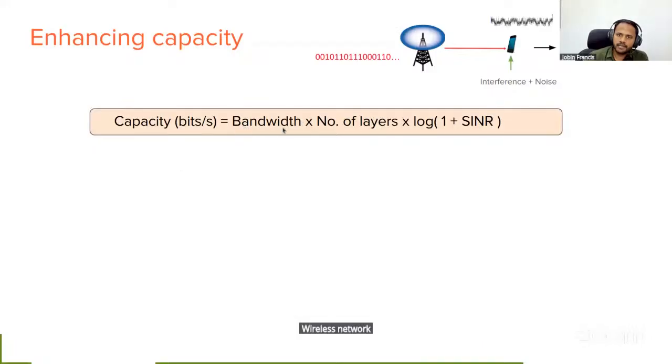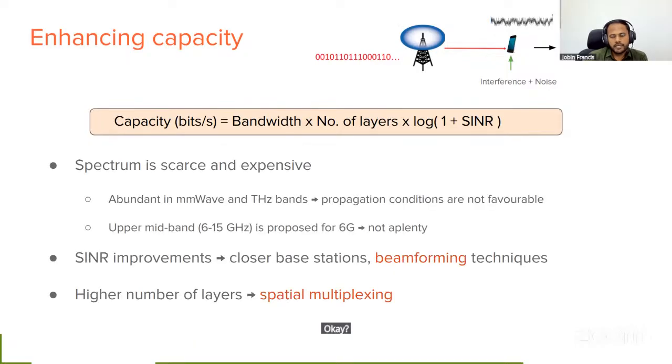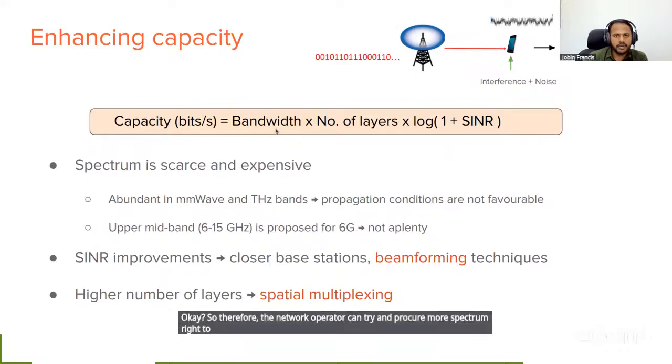So bandwidth means you basically increase the width of the road. Number of layers is like the parallel tracks you can have, and SINR is like the quality of the link. It's like the road quality in the analogy. Okay, so therefore, the network operator can try and procure more spectrum to increase the available bandwidth for